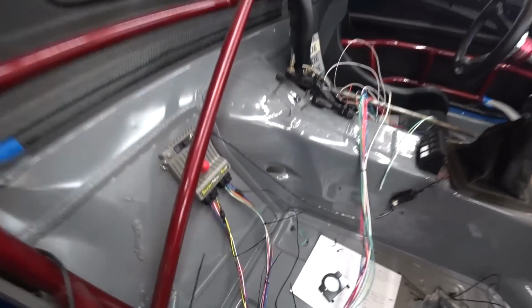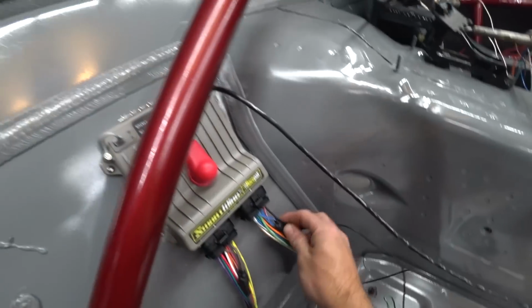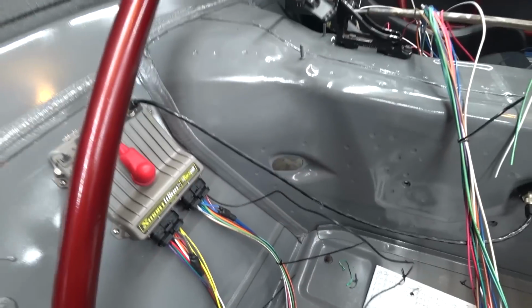Now, we need to add a couple of wires. I did a little test just to make sure that these pins I got were the right ones for these connectors, which they are. So I just pinned this wire in here just to make sure we're good there. So we have the pins,